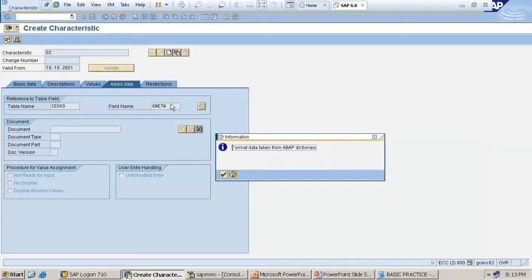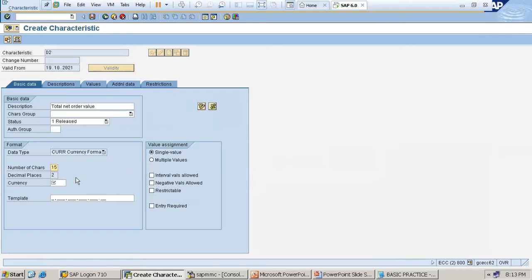It means amount. As soon as entering the amount, the system automatically asks for the currency. See, enter a currency, because amount is in terms of what? Currency. Okay, fine. I'm going to enter the currency here. I can take INR or Euro.